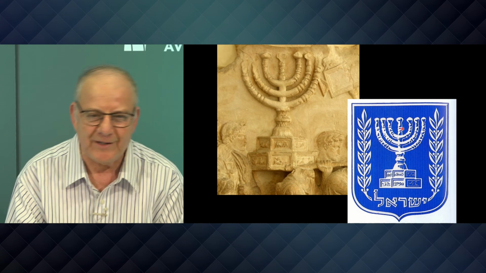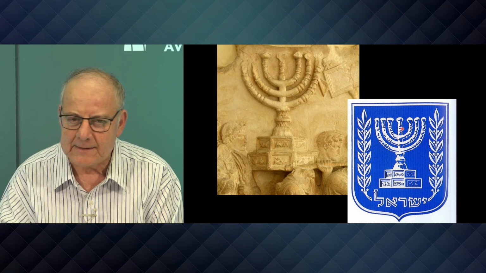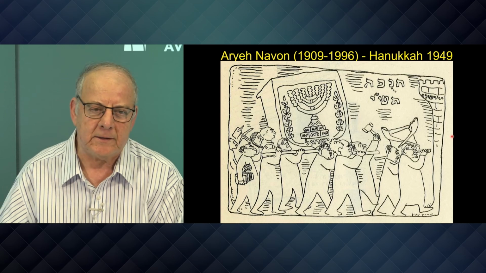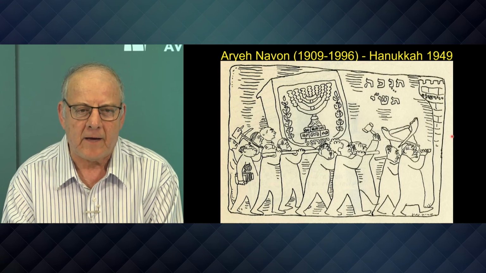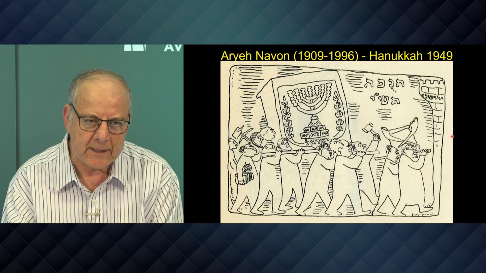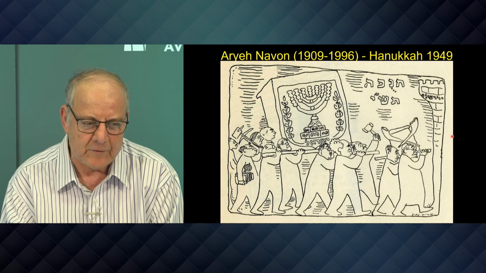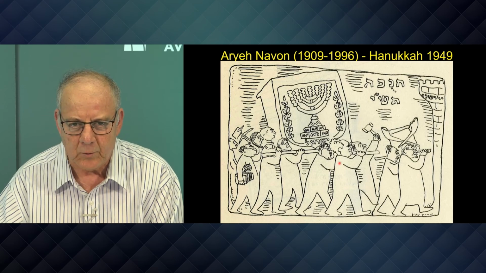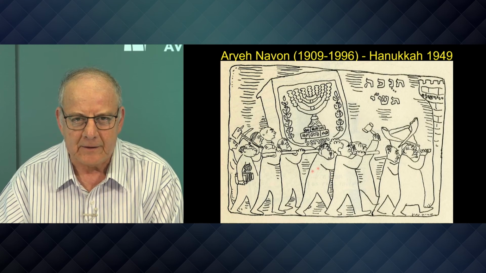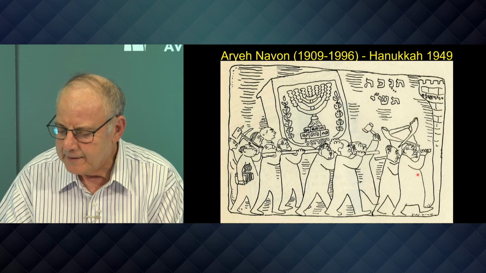After all this talk, you understand almost without any introduction why this was selected, and it's best explained in this caricature. Here is the new government that is now founded in Jerusalem, the first Knesset, the first government that is bringing back the menorah of Titus to Jerusalem, the symbol of the Maccabees. When it was taken, it was a symbol of diaspora, and now it's returned to Jerusalem with Ben Gurion here, Golda Meir is here, and other members of the first government, and they're going toward Jerusalem, the walls of Jerusalem, bringing back the menorah taken